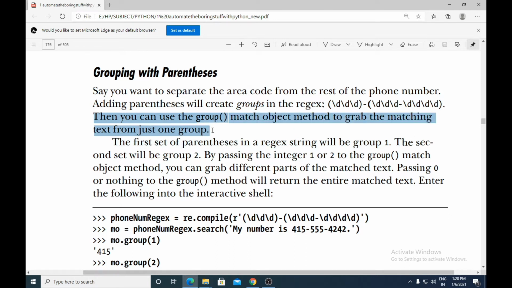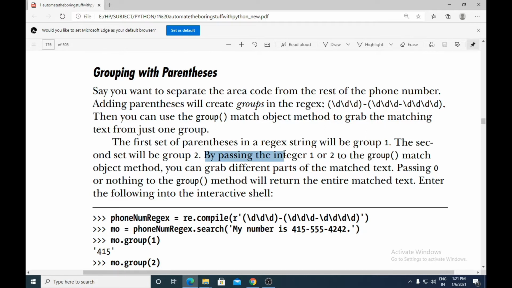The first set of parentheses in a regular expression string will be group 1, which is the area code. The second set will be group 2, which is the rest of the phone number.